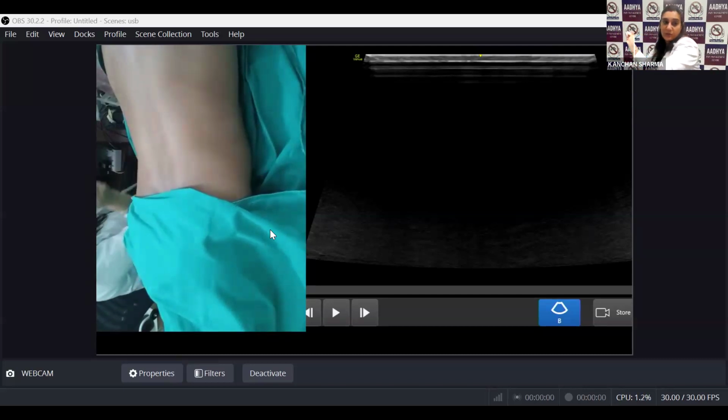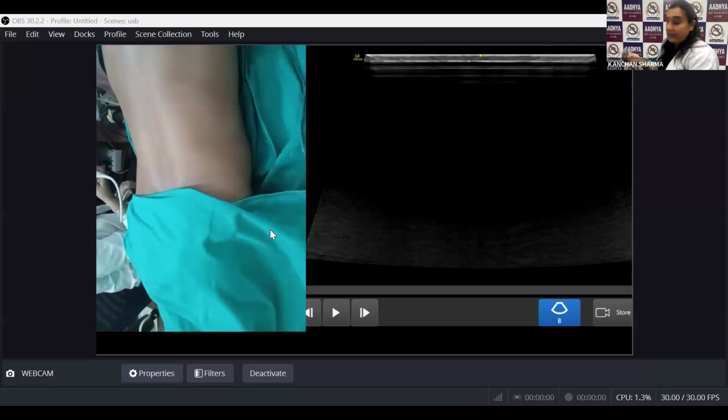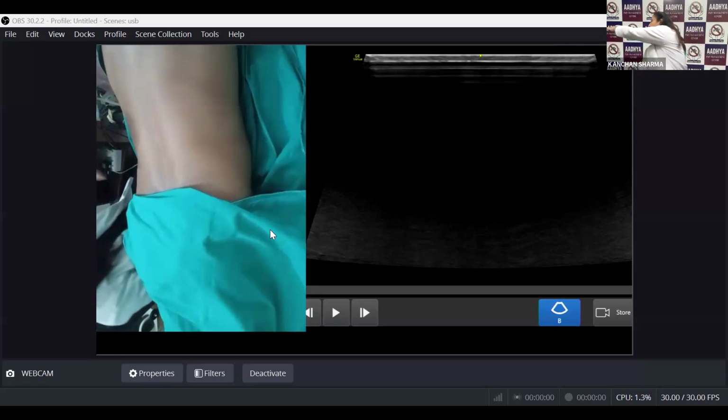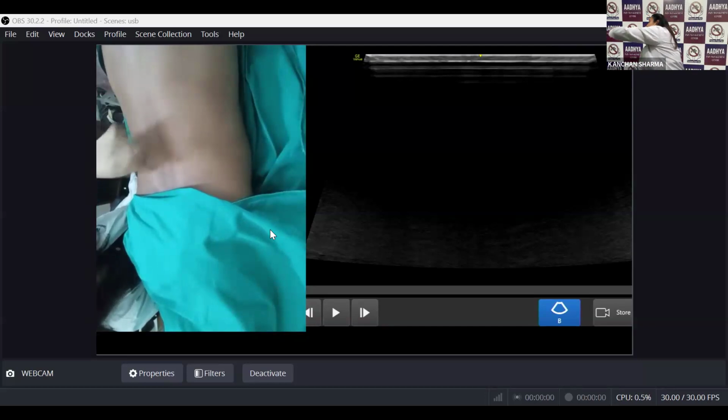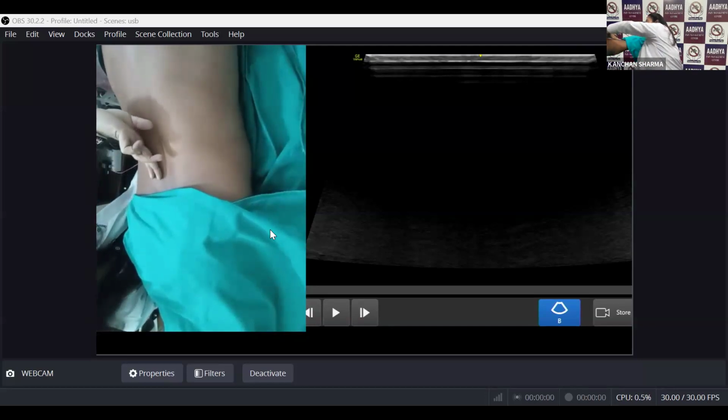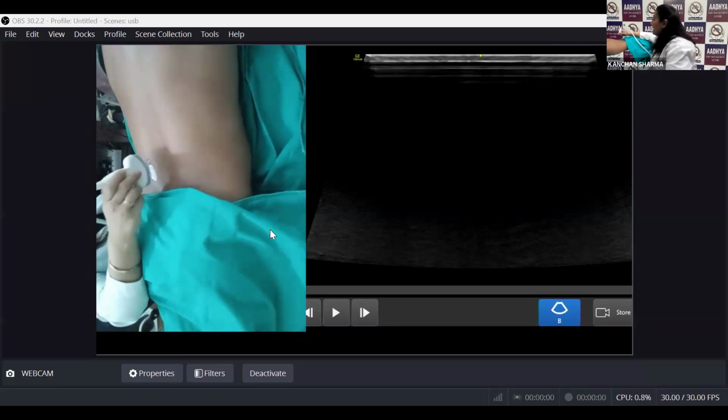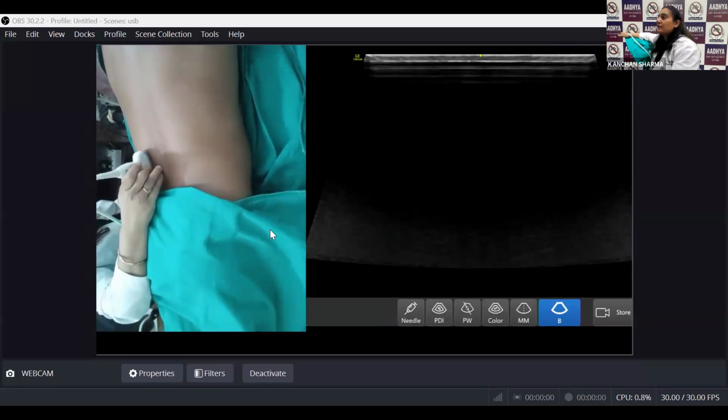And as you can see today for the first time, in all my USD classes, I'm using this curvilinear, right? And I have set a depth at approximately 6 centimeter because my volunteer is not that obese. And this probe has got a frequency of 1 to 5. So very first thing is you can palpate your spinous process with the pulp of your thumb. You'll be able to see a bumpy thing. So approximately 2 fingers from there, you keep your probe in the craniocaudal manner. So once,